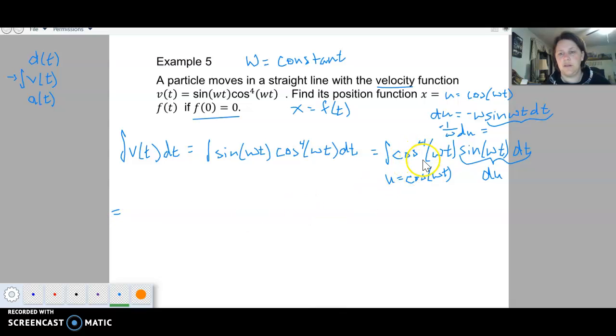Okay, so now let's rewrite again. So cosine to the 4th of wt is just going to be equal to u to the 4th power. So we're going to integrate that. That w is a constant, so we can pull that out in front. So we're going to have negative 1 over w u to the 4th, and then du. So now we can go ahead and find the integral, and then substitute back in for u. So we get negative 1 over 5w